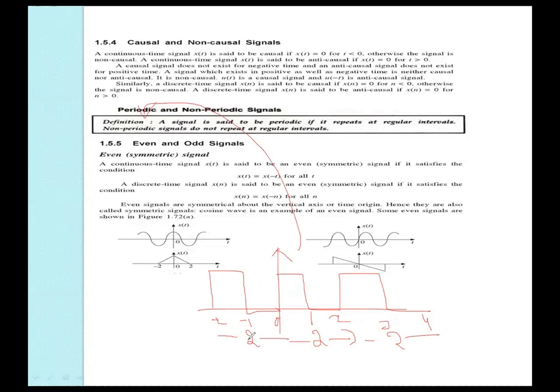This is a signal which is not repeated at regular intervals. Let us take the same signal here, and now the next signal is repeated like this. So 0, 1 and 2, 3 and 4, and again the signal is like this. That signal is not a periodic signal. It is not repeating the same signal with the interval of 2. Got it? It's a non-periodic signal.